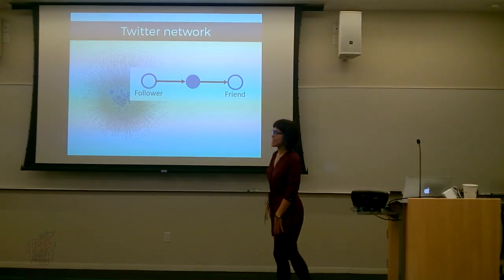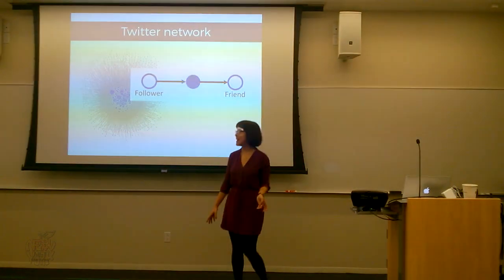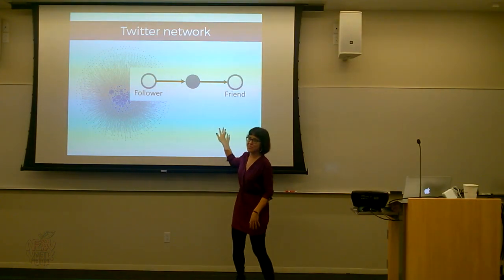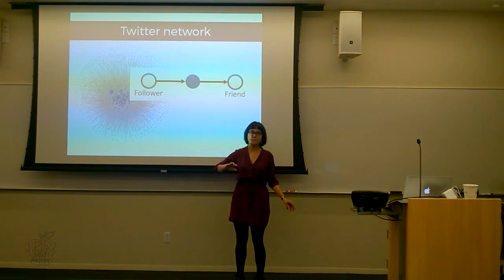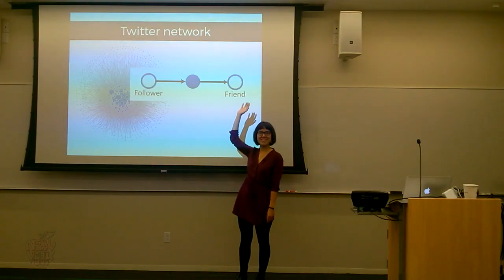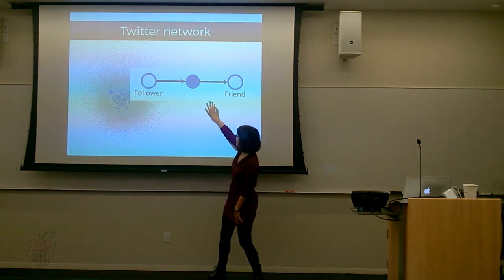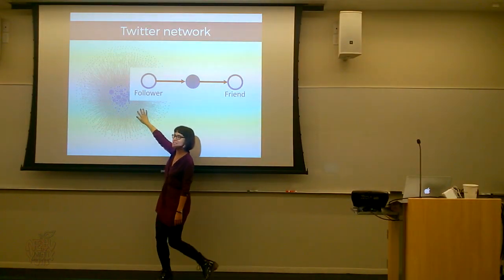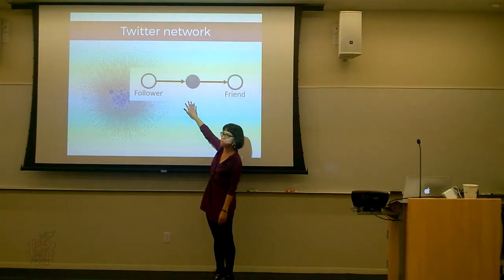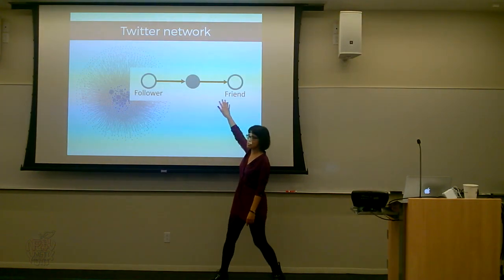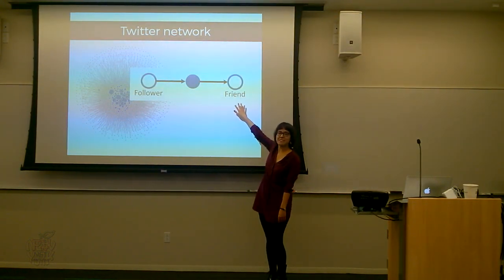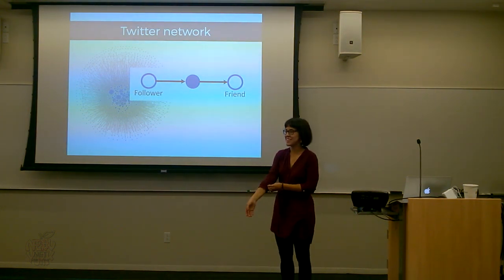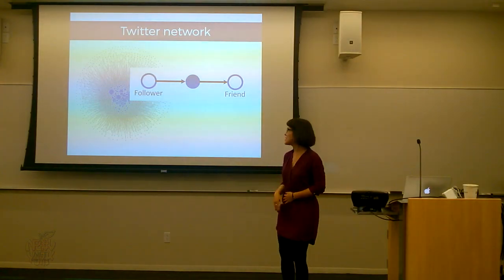But today I'll be looking at Twitter networks. Twitter has this funny notion of friendship, a terminology that Twitter uses. Who's on Twitter here? Yeah, most people. So each individual user has followers, who follow what you do on Twitter. And if you follow someone, they are your friends. That's a slightly strange notion of friendship that Twitter has. Slightly one-sided.